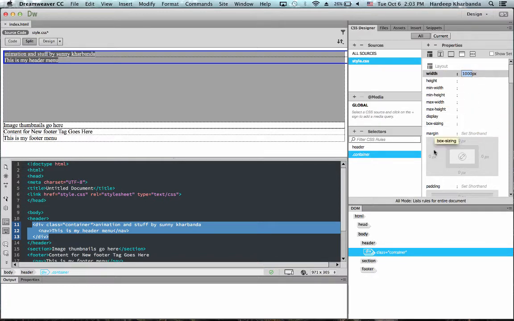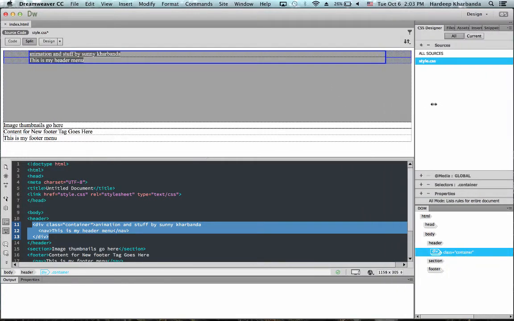Under Layout, we go to Margins. Now margin is just the space to the left, right, top, or bottom of your element. If we set the left margin and the right margin to auto, that will center this div. You see that?